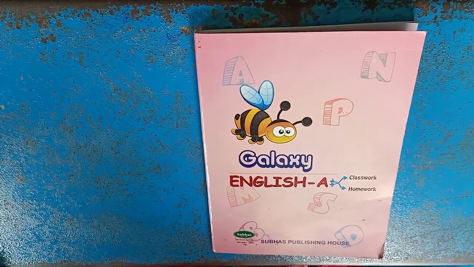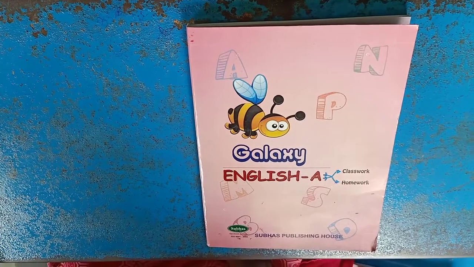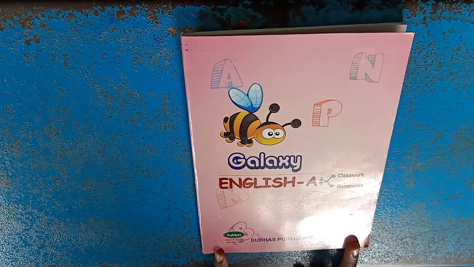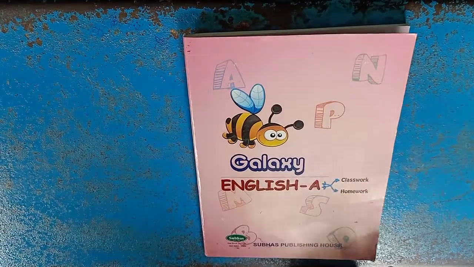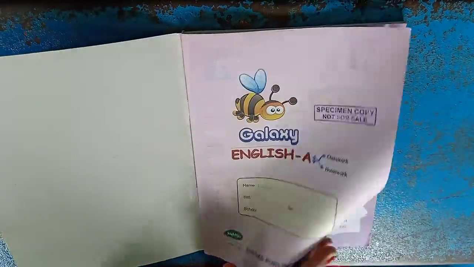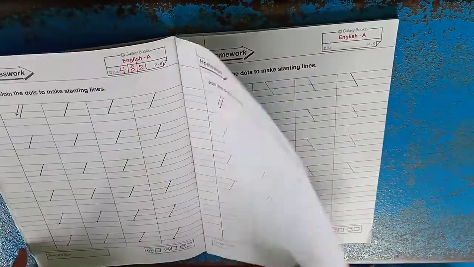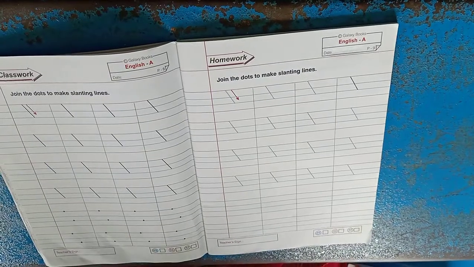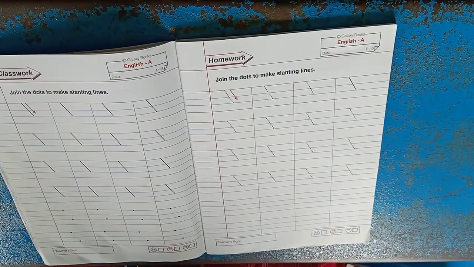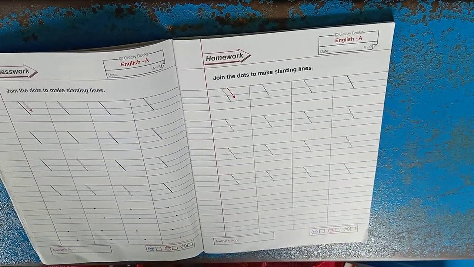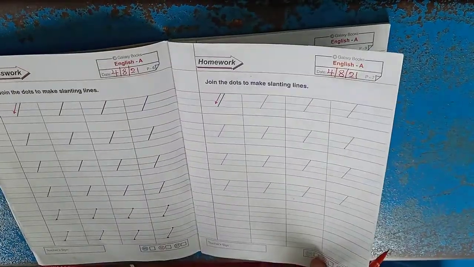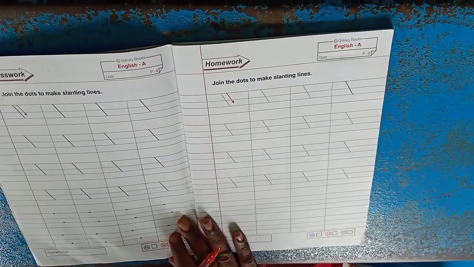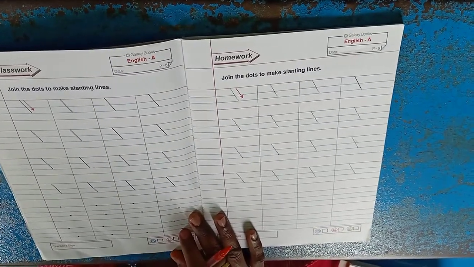Now I am going to take English subject for LKG students. Okay, so you also have this book now, children. This is the English workbook. So open your workbook, children, page number 8 and 9. In the last class you learned about the left slanting line. So today I am going to teach about the right slanting line.